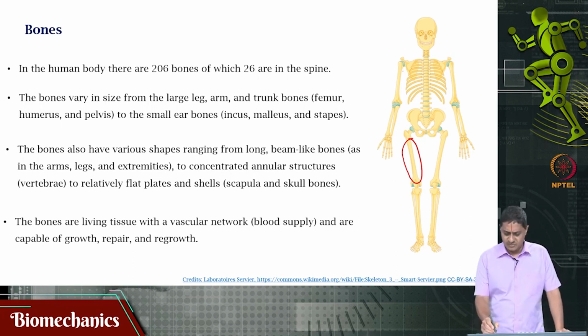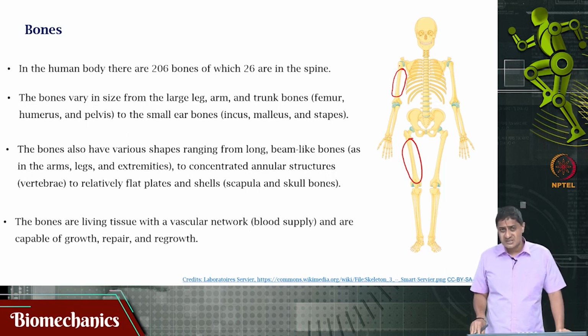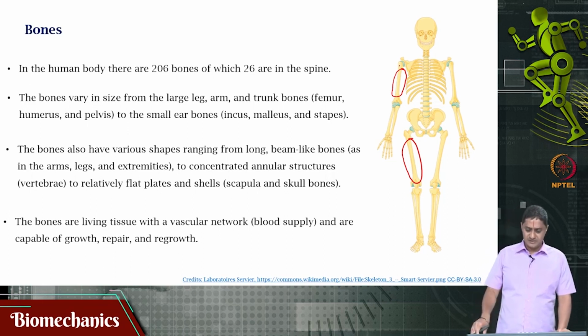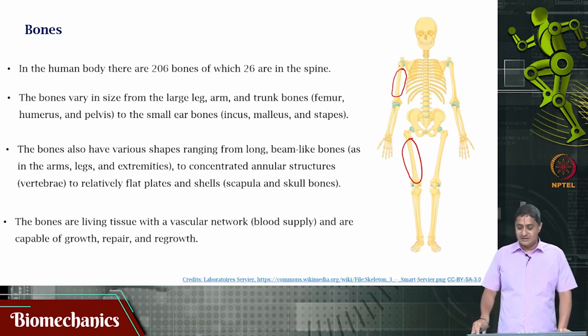There are other similar bones. For example, this is the humerus, another long bone. So, essentially the bones of the limbs are mostly long hollow bones. That is, the humerus, radius, ulna, femur, tibia, and fibula are all long bones. And then the bones that form the trunk are the ribs. And then you have